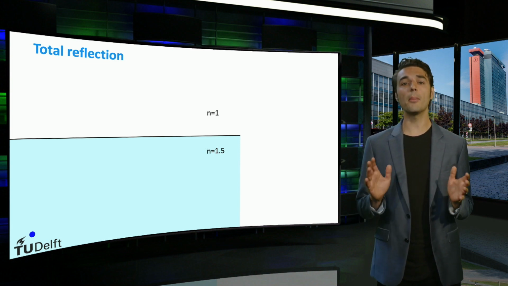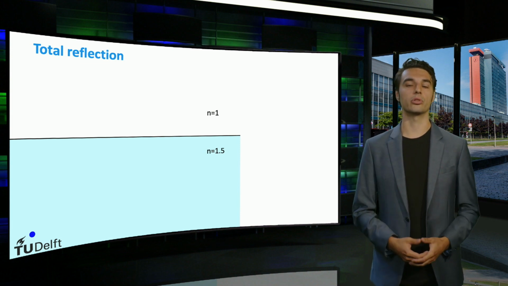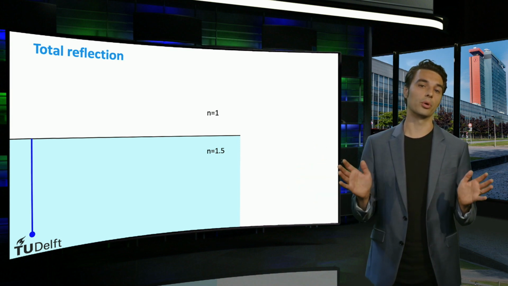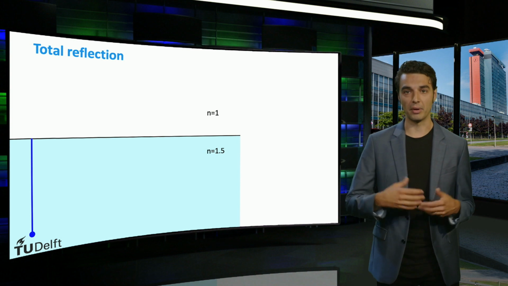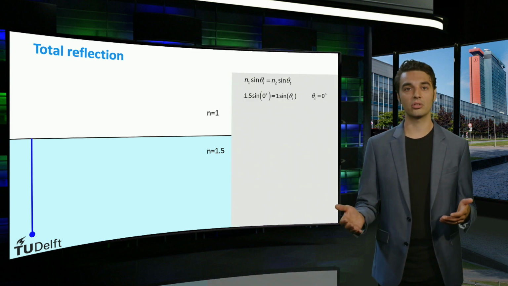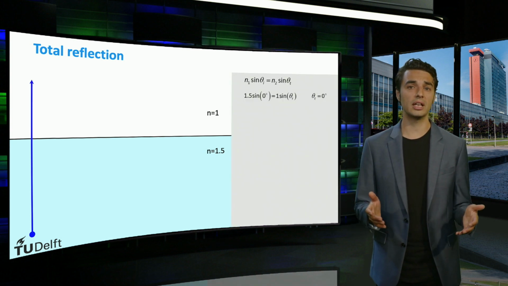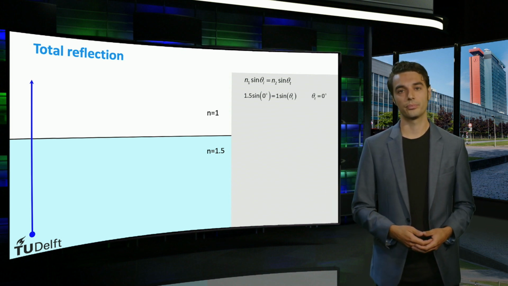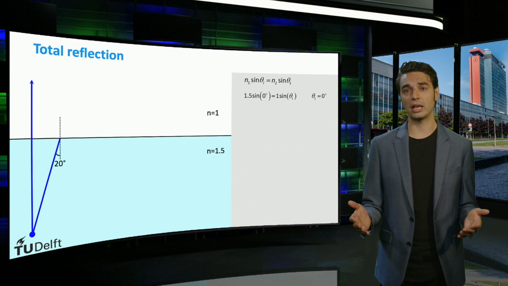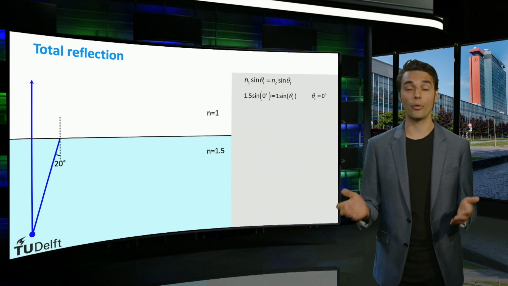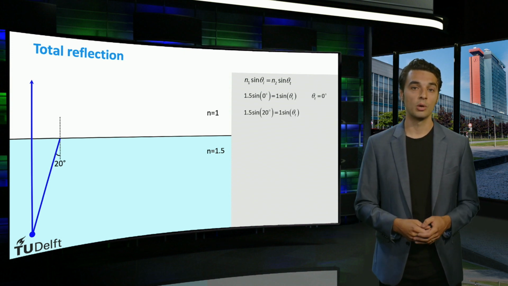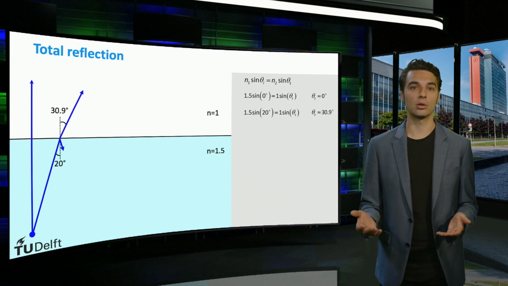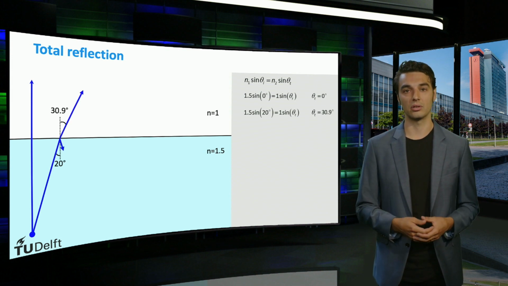Let's follow a number of beams emitted from the blue point source. The first beam arrives at the interface on the normal incidence. If we apply the provided refractive indices and an angle of incidence of 0 degrees, we find that the beam is transmitted on the normal incidence as well. Next, we consider a second beam with an angle of incidence of 20 degrees. With a refractive index of 1.5 and 1, the beam is refracted at an angle of 30.9 degrees.